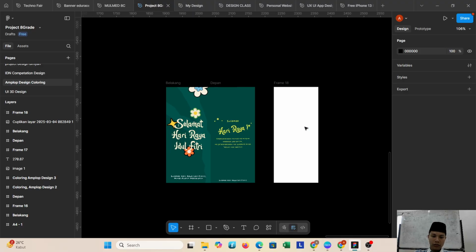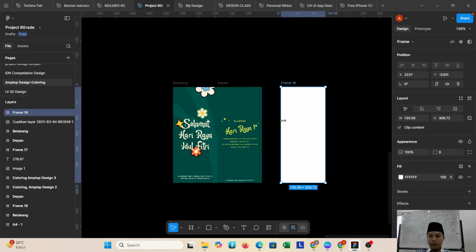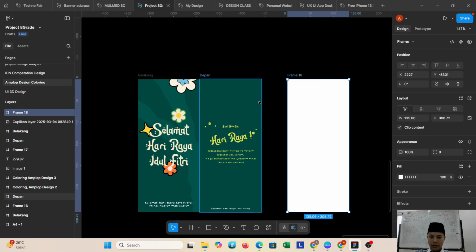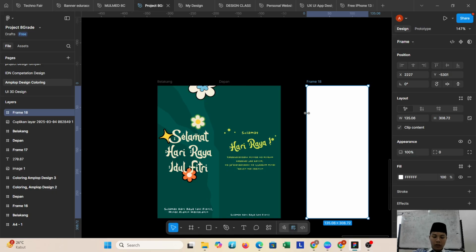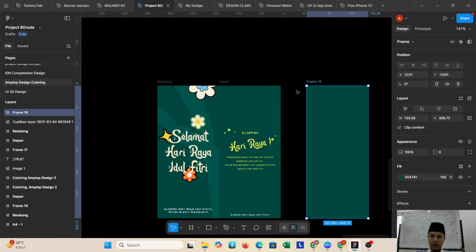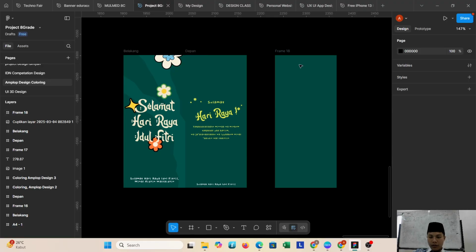And then the next step is, if you want to get the color from your idea from Pinterest, I have a shortcut for you to get the color. You can just click E on your keyboard and then select the color you want in your design, and then you already get it.